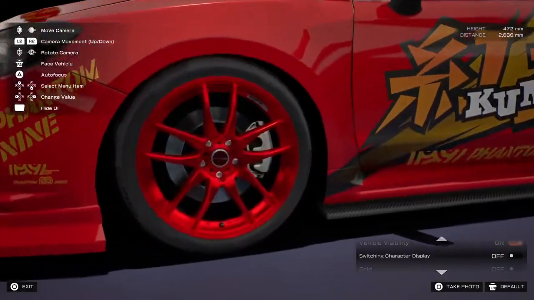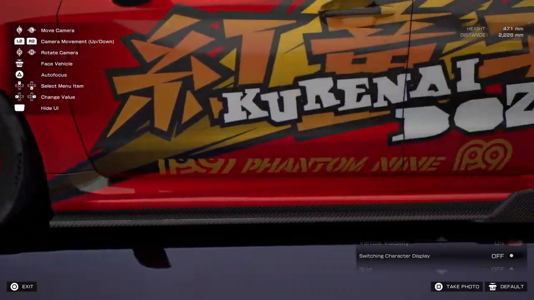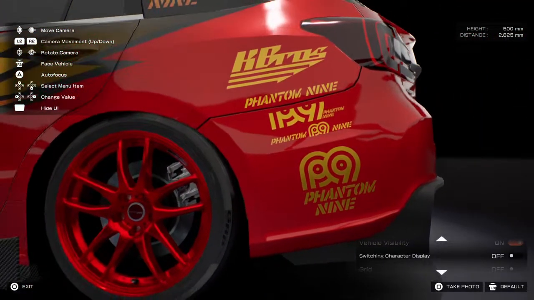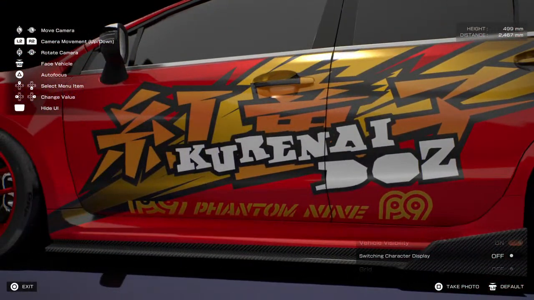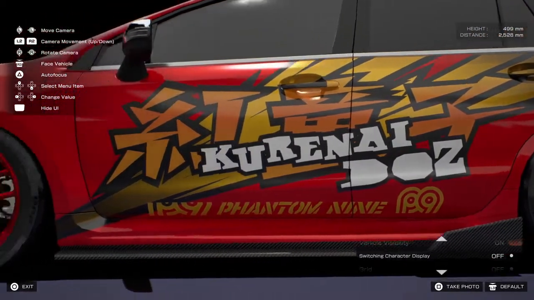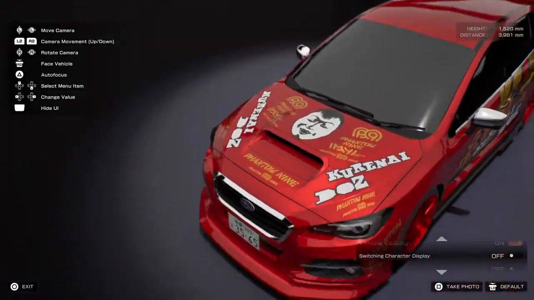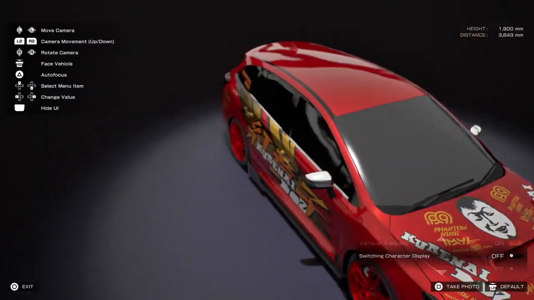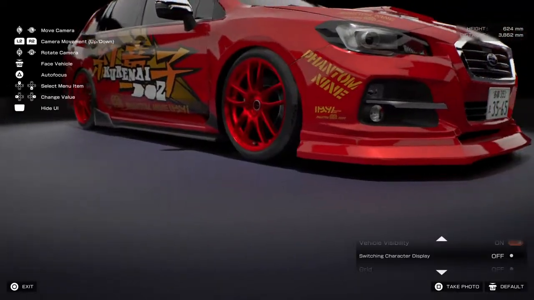Alright, so what does it have? Oh, these are Work Kiwamis. So we have obviously Phantom 9, Kurosaki Brothers, Core 9 Dolls, and then also the Phantom 9 branding. Okay, it's interesting to say the least. The car looks put together, but I just don't like